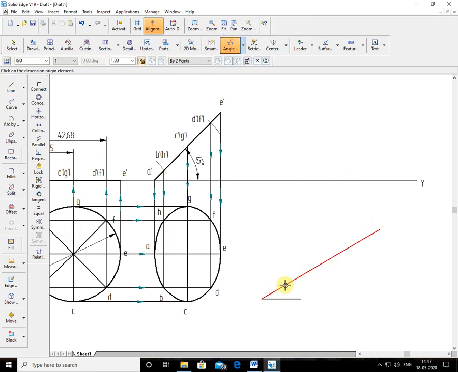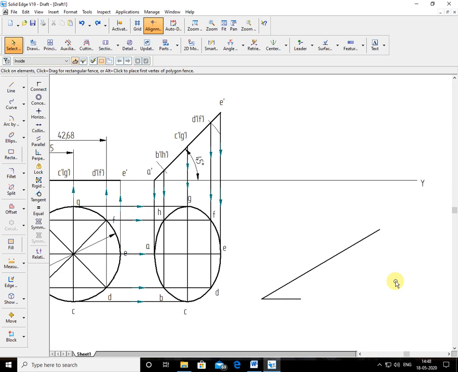Now what I can do here, I can locate A first, then get the locus of E. Or locate E first, get the locus. So yes, there are 4 ways you can draw the locus method. Anyone you have to follow. It's not necessary that you follow the book method mentioned for a particular problem. The angle can take any direction, but the procedure you follow should be correct. I hope you understood.